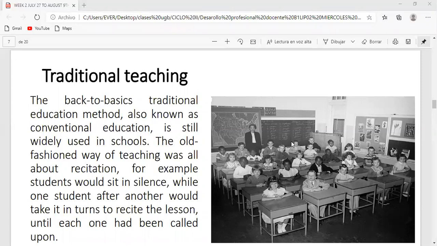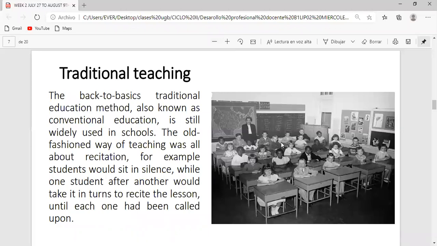Don't get me wrong. I'm not saying that memorizing is completely negative, because in our area of study, English, it is necessary to memorize some things. When we are dealing with simple past verbs, you're not going to let me lie, you memorize them. There's no other way. So there are some good aspects about memorizing, but not memorizing everything.